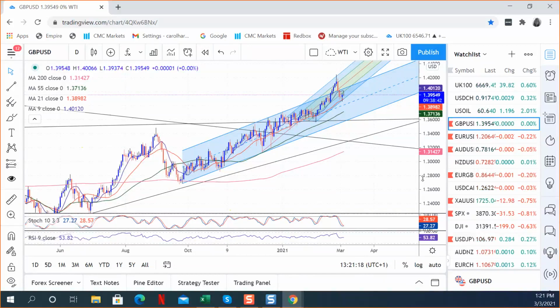Now, if cable closes lower tonight and goes down towards that 21-day moving average, psychologically, what is going to happen is all those people who think it's going higher will lose heart, and they will take a leap from their long position, because why would they hold longs if it looks like it's going lower? And if it breaks the base of that pitchfork and that 9-day moving average, and it takes out yesterday's low,